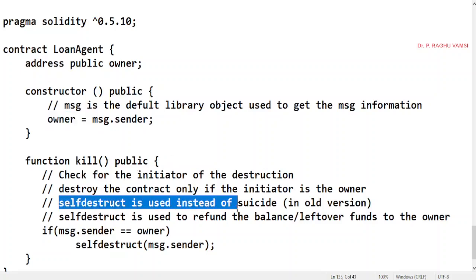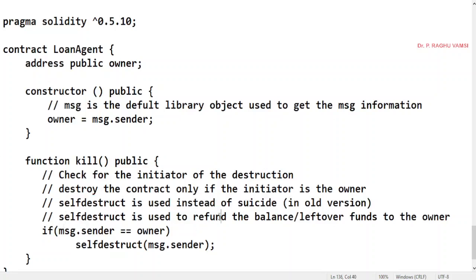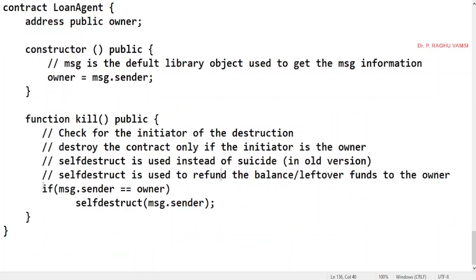Selfdestruct is used instead of suicide in old versions. That is, below 0.5.0, we used to use selfdestruct or suicide. These are the functions that are used in the older versions. Selfdestruct is used to refund the balance or leftover funds to the owner. Now the checking is like this: if msg.sender, the one who initiated this kill function, is equal to owner or not.